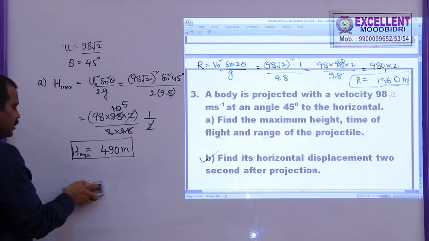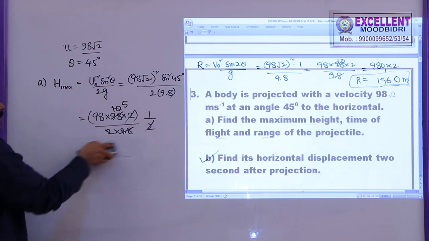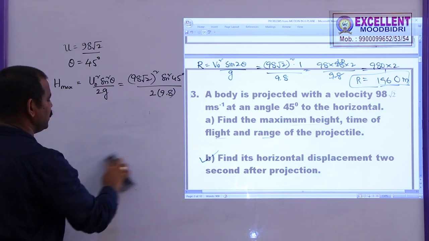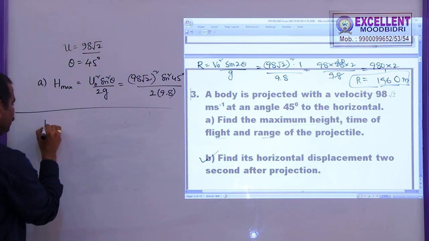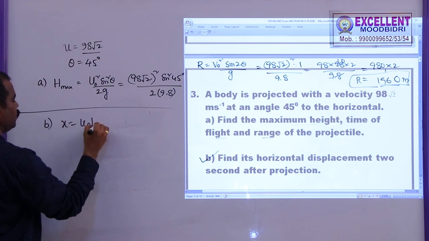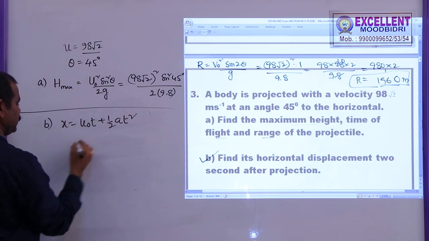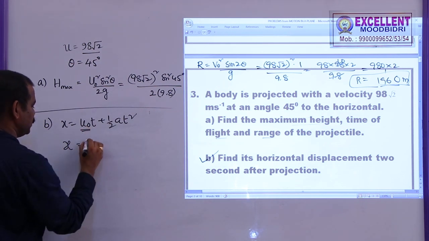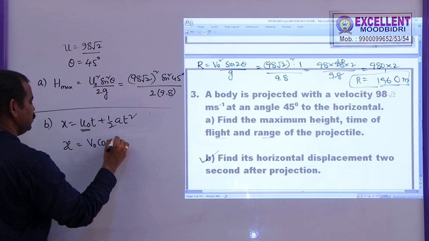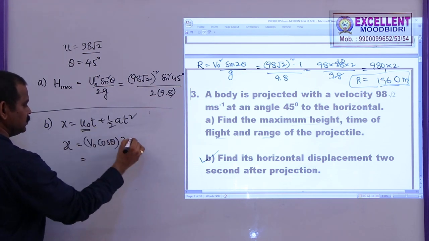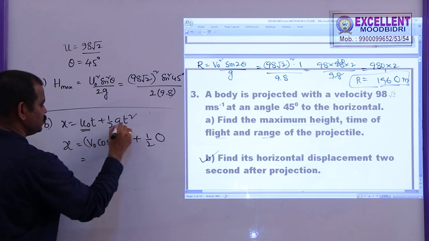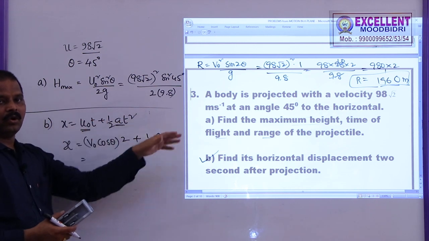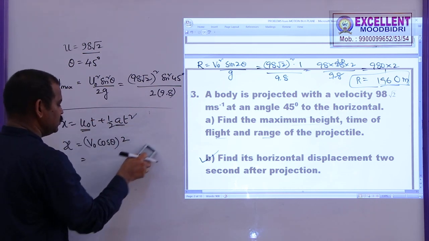So to find out the horizontal displacement, that is motion in a straight line, that means we are considering only the horizontal motion. So for this problem, we will consider Δx is equal to u naught t plus half a t square. So displacement in 2 seconds. What is the horizontal velocity for a projectile? That is v naught cos theta into 2, because plus half into this will become 0, because a projectile will have only acceleration in vertical direction, no acceleration in horizontal direction. So you can leave this part.